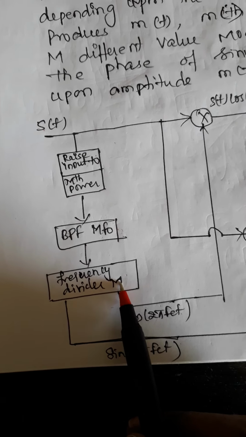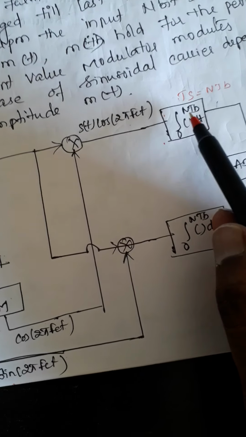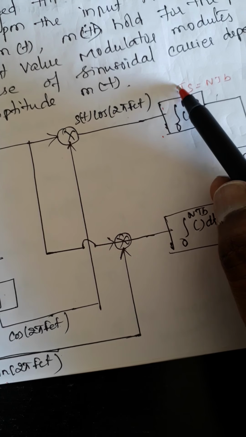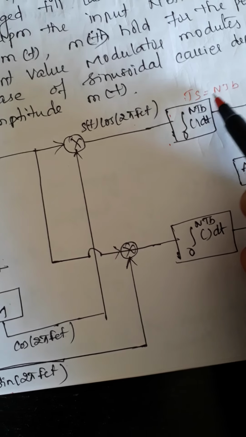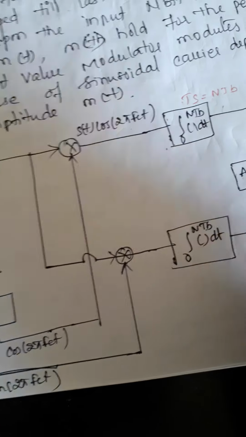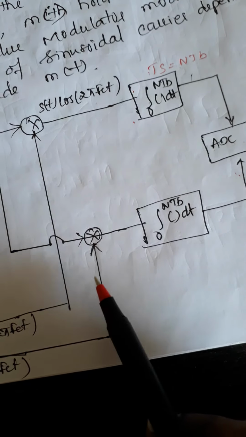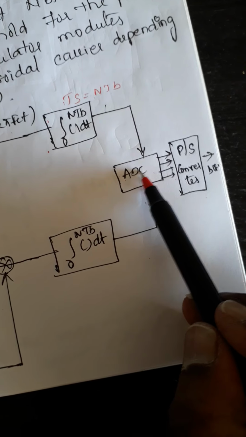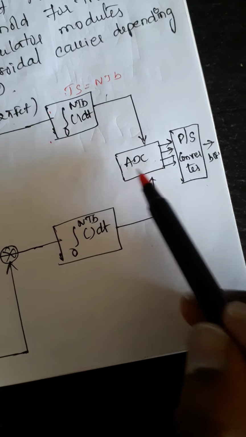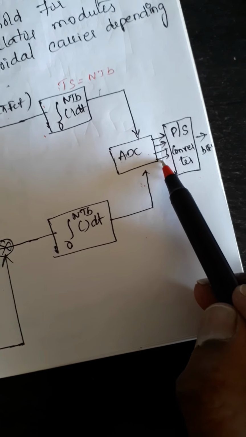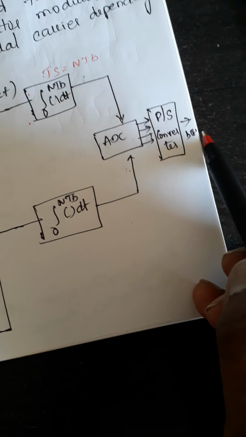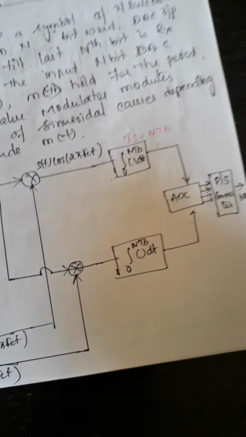Then remember, when you get a message signal here, you multiply with the cos and integrate. It should not be 0 to Tb, it should be 0 to n Tb, because Ts is equal to n into Tb. Why? Because n message signals I am going to combine. Same way 0 to n Tb for the sine. And these two you have to combine and convert analog to digital. These are the analog signals, you have to convert them to digital, and this will be n bits, and these n bits you have to combine and convert to serial. Hope you can understand this video.